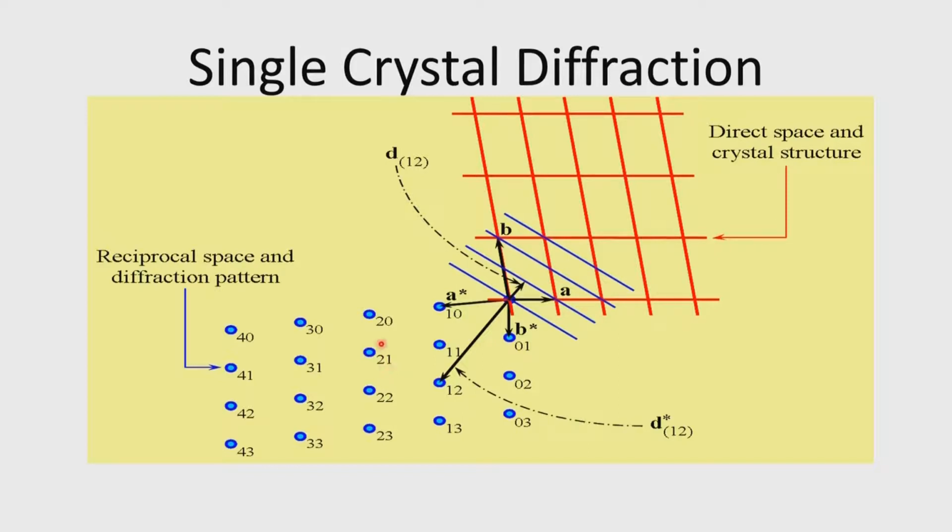So, before we go to the analysis of the intensity, we have to look at Bragg's law in one other way. Whatever Bragg's law we derived earlier is in the Dirac space. We took the parallel planes, we did the construction, we found the phase angle and so on, and showed it is 2d sin theta equals lambda or n lambda, where n is the order of the reflection. On the other hand, when we do a diffraction experiment, what we see is the reciprocal lattice image. That means we see the spots.